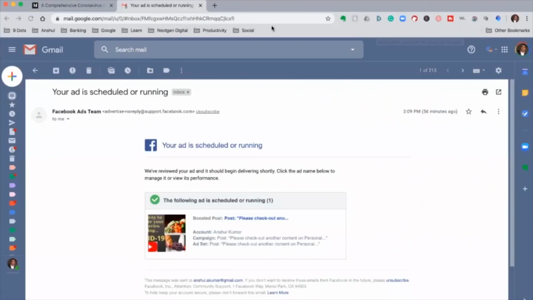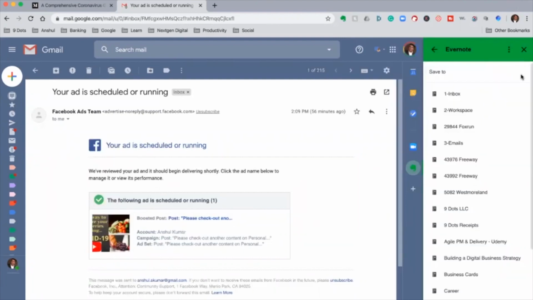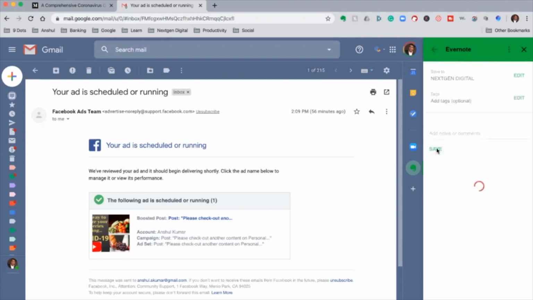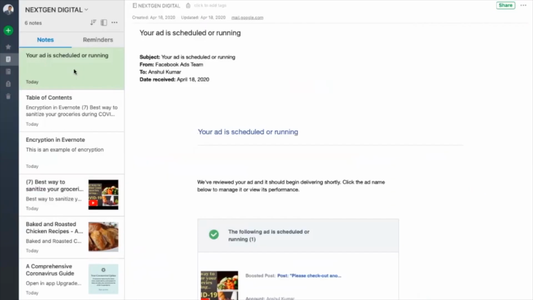Another key feature, while managing your email account, is that you always have some important emails where you want to archive, or you want to set up a reminder for those emails so that you could respond back after a few days. From your email, especially Gmail, and many other email platforms now have started offering integration with Evernote. So you can easily send your emails to Evernote, set up a reminder, or create a stack or folder just for emails to manage and respond to your important emails.